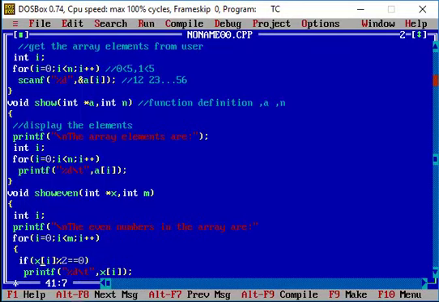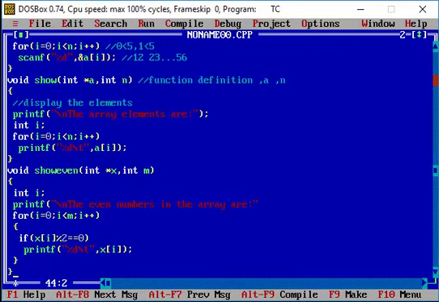As I told you in the presentation before, we will have the name of the array followed by the index in order to access the element, and for that element we are going to see whether it is exactly divisible by 2. If that condition is true, then we are going to display the array element. And now